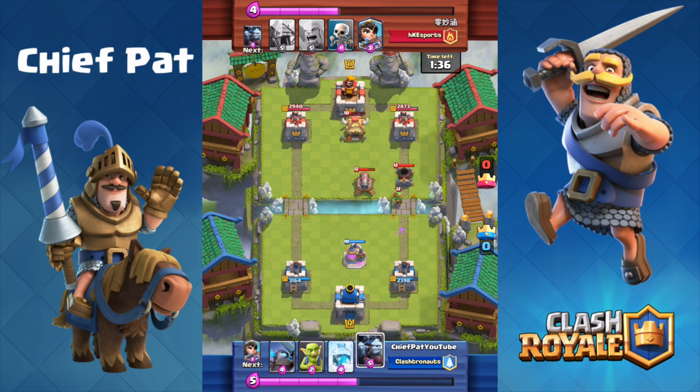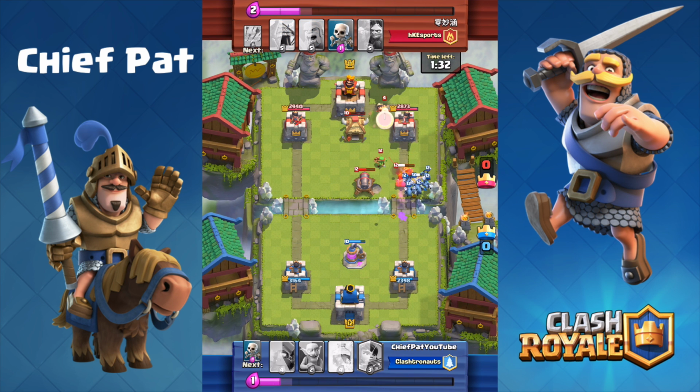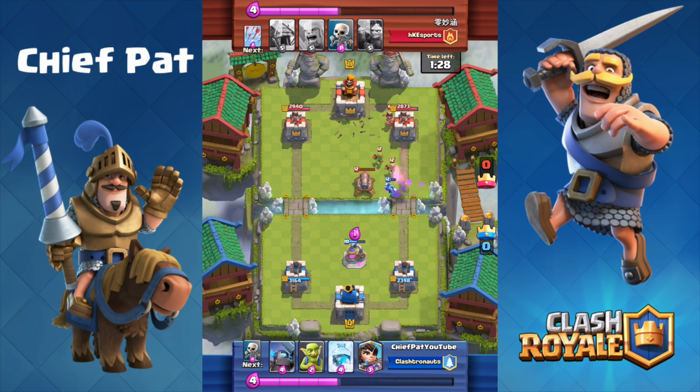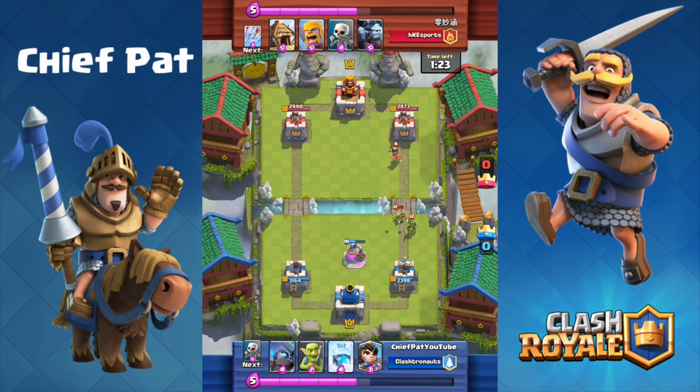And then now we have to make a little bit of a decision, which we're going to use our minion horde to try to take care of this mortar. So actually turned out pretty well. We're going to be able to take it out. Cannon really didn't do too much for the 3 elixir that he played on it. And our elixir pump is still pumping away, but still